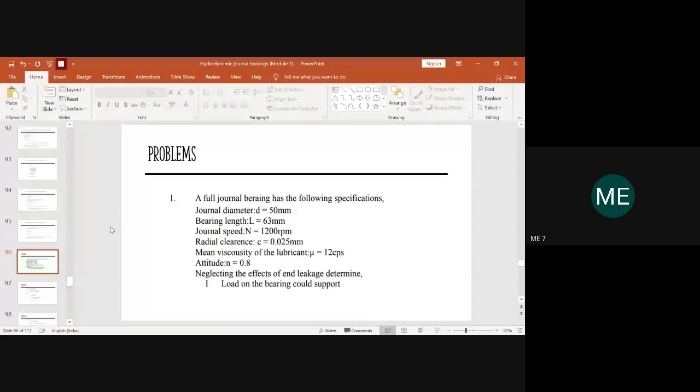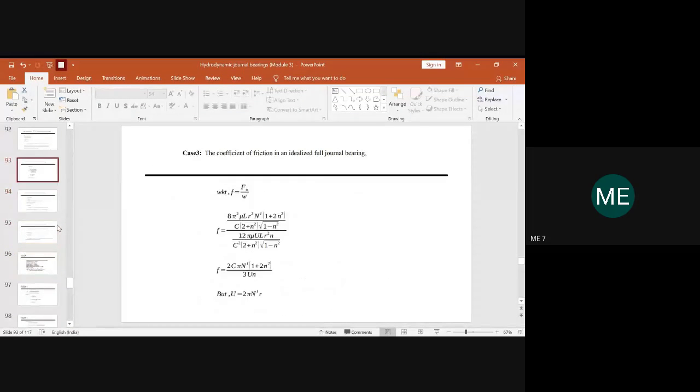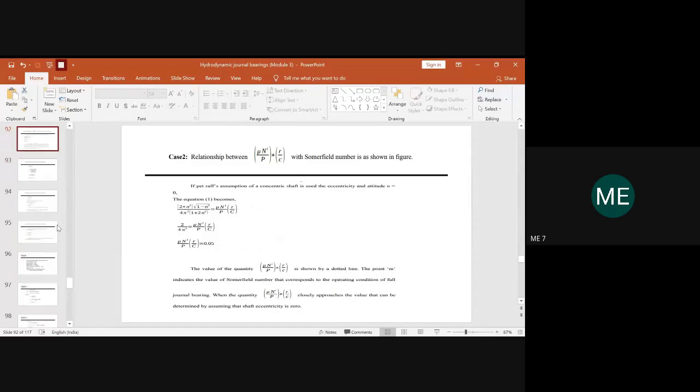Do you remember we spoke about the load carrying capacity of a journal bearing? Last to last class, we dealt with the derivation of the idealized full journal bearing. So in the last class, we were dealing with the load bearing capacity of a journal bearing and the significance of the Sommerfeld number, right? Understanding these concepts of the Sommerfeld number and the load bearing capacity of a journal is very much essential.